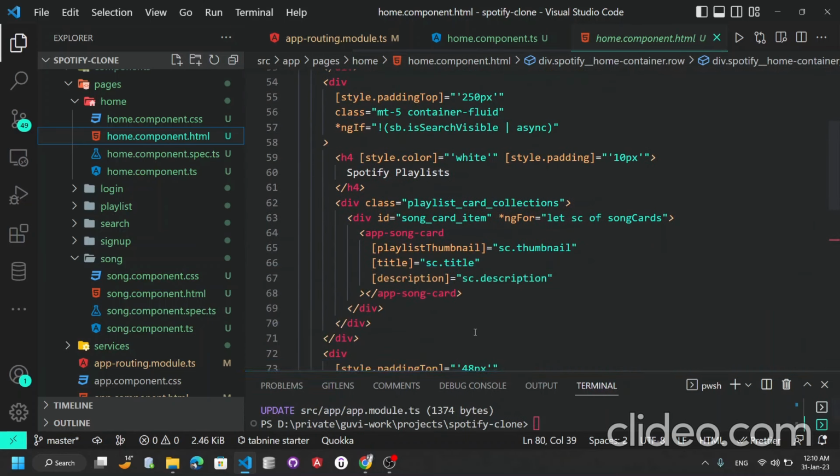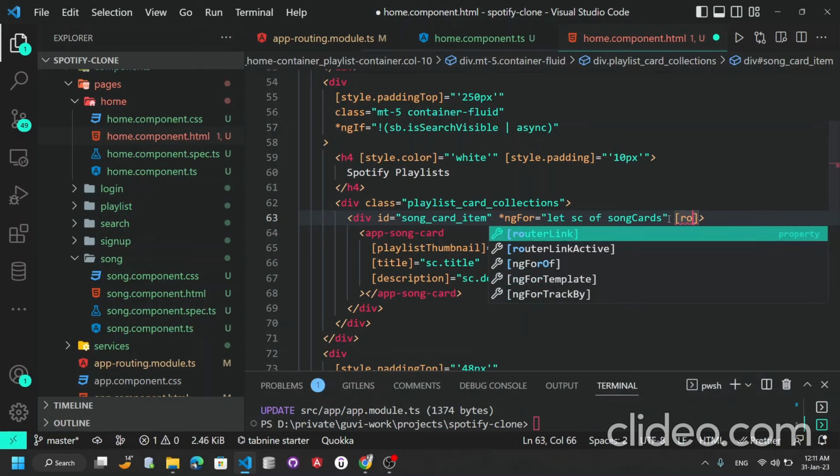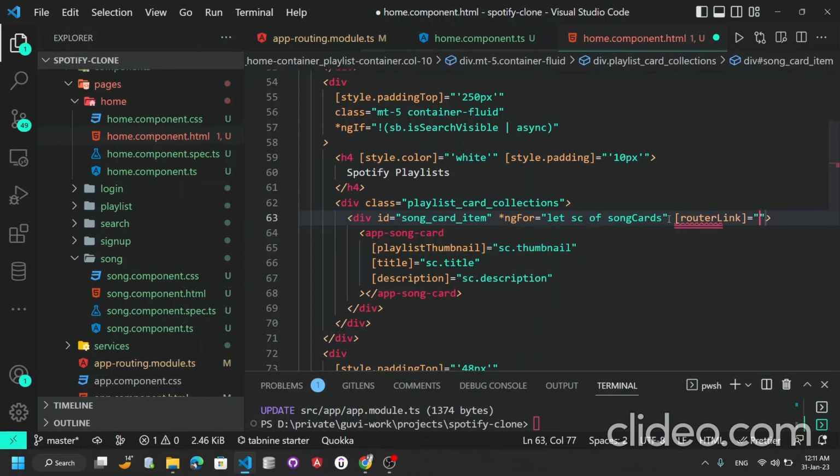This is a song card. And now when I try to click on a song card, let's do a click on this. This should now, or I do router link, and the router link now should be forwarded